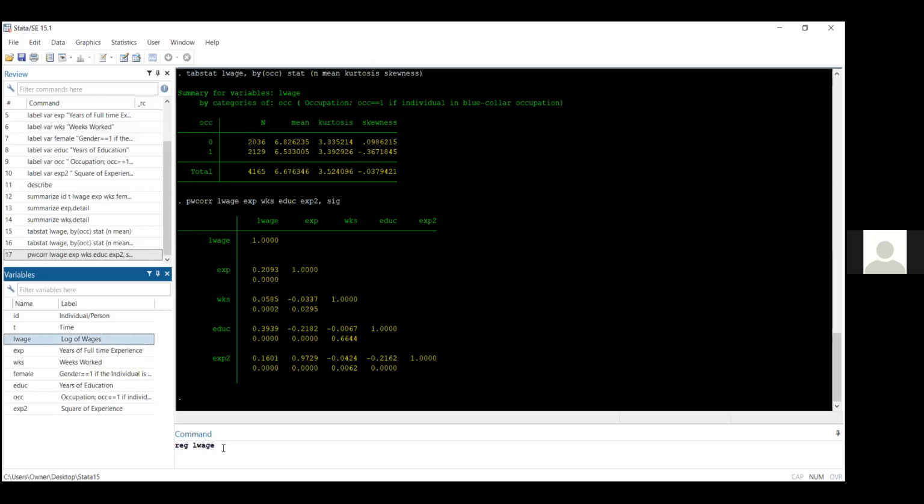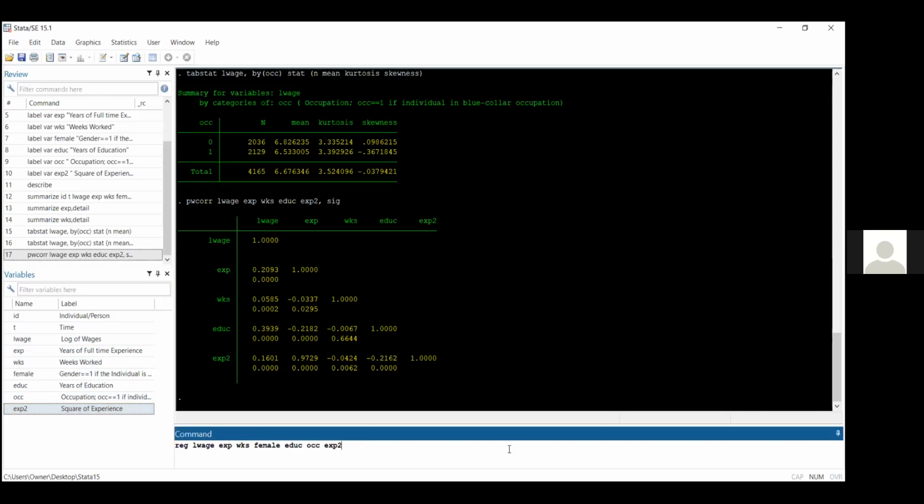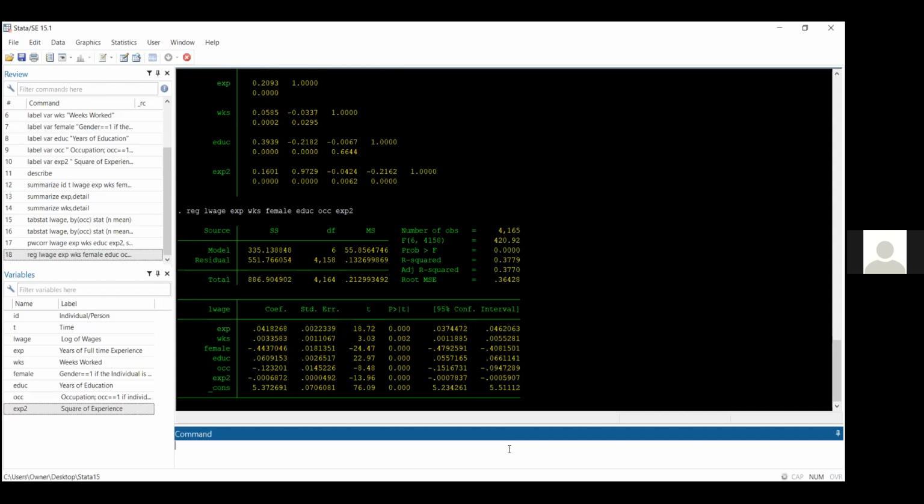Then you can list all the independent variables that matter more for your estimation that you have specified. Of course, we get this from our data and the conceptual frameworks which bring you up to this level. So I'll put experience, I'll put weeks worked, I'll put female, I'll put education, I'll put occupation. I'll also see if experience squared matters. And then once you enter,